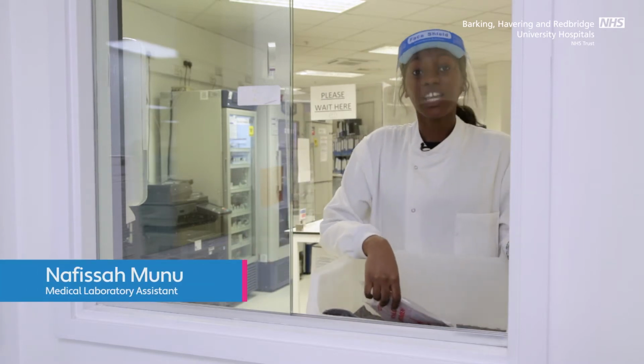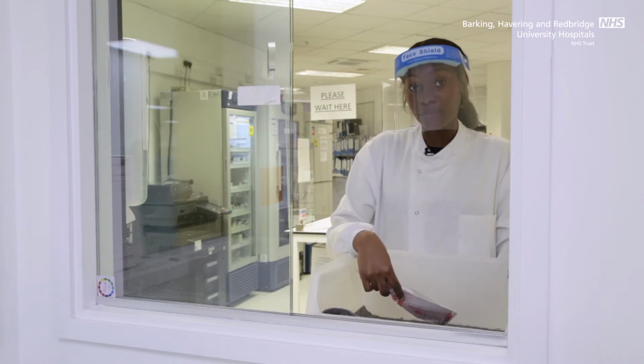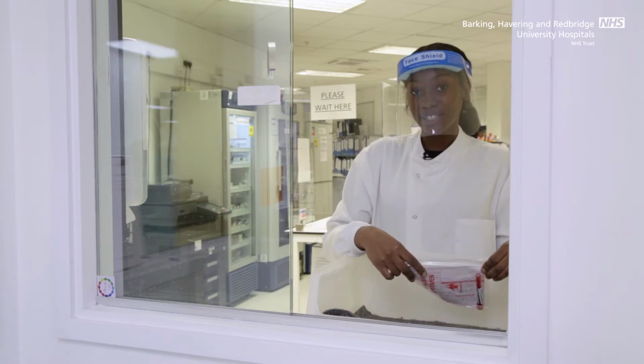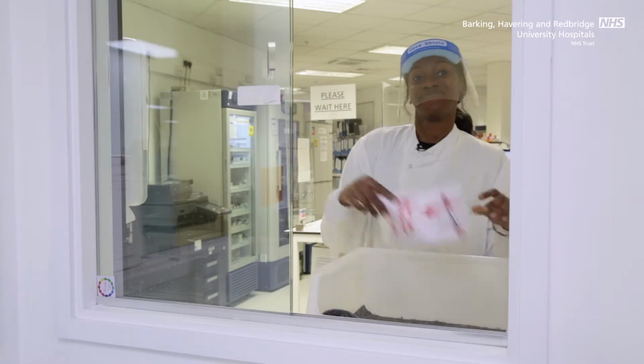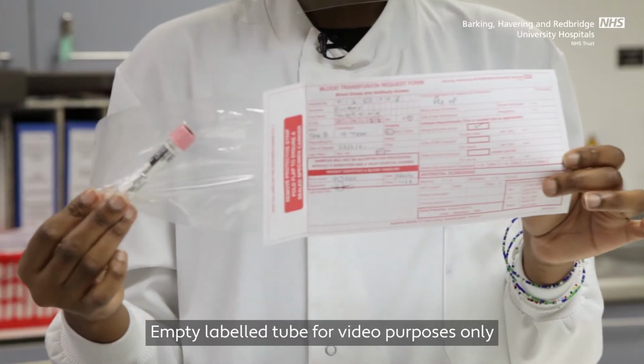Blood transfusion is used to replace blood lost through injury, surgery, or if a patient isn't making enough efficient blood for their body. We work closely with haematology registrars, consultants, midwives, and transfusion practitioners to ensure we provide the best care for our patients. In the transfusion lab, the request form we use is the pink request form, and we